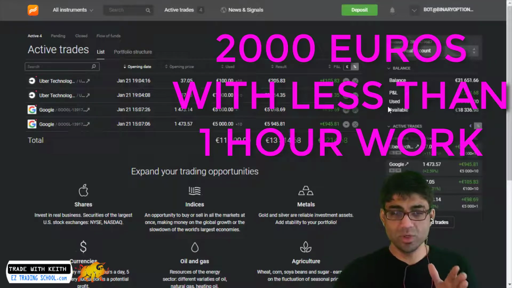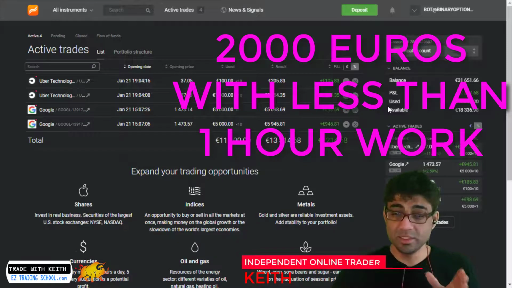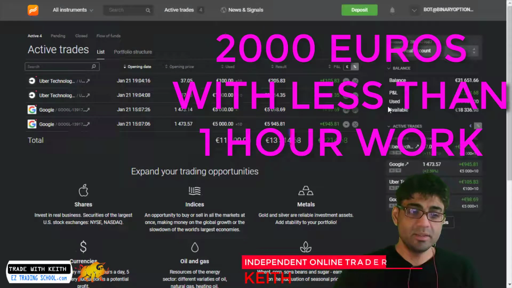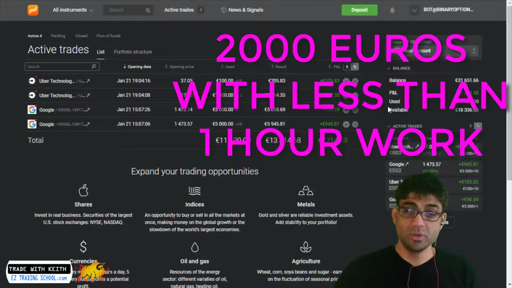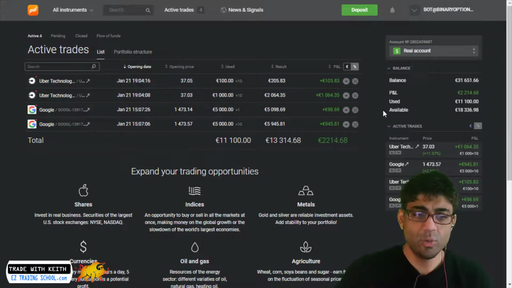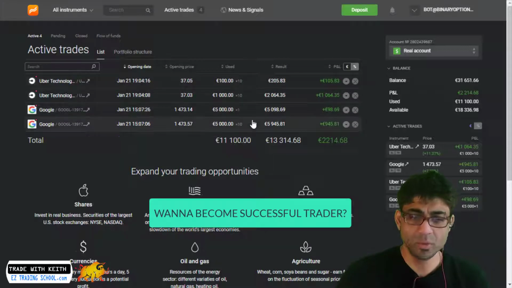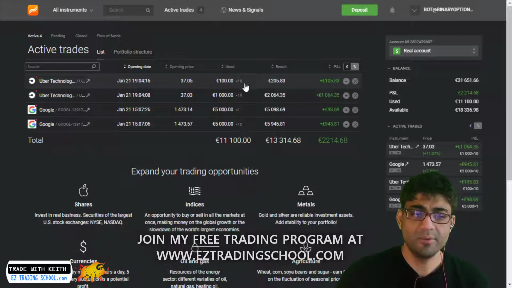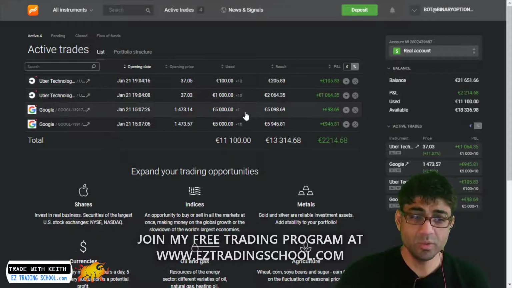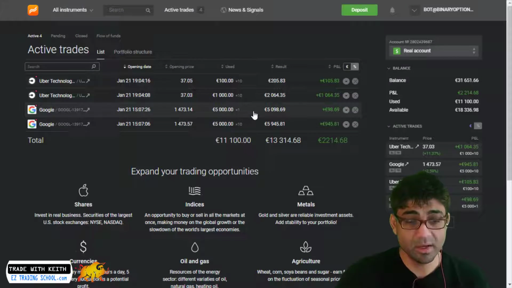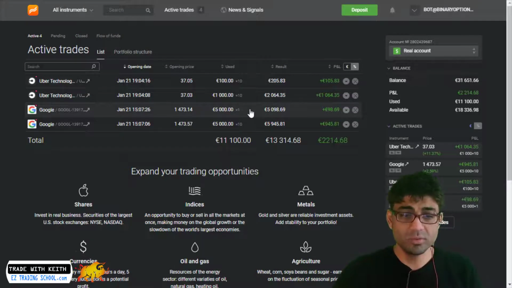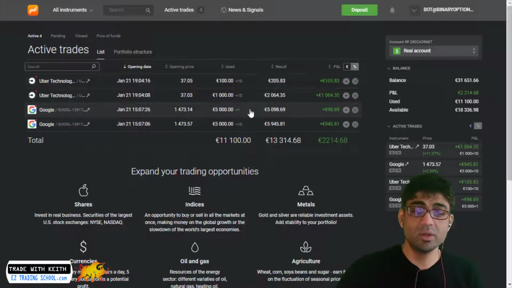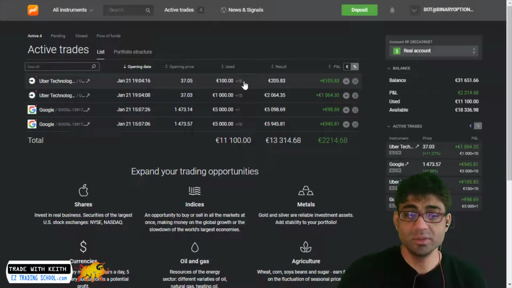I'm gonna show you what is happening with these two stocks which I bought about 20 days ago, and it's doing pretty good. So let's get started. What I did, I opened some trades using Uber Technology stocks and Google stocks. I used a small amount. Same multiplier, and the same amount and different multiplier just to show you, and also for me to learn and everything, so just doing different things,